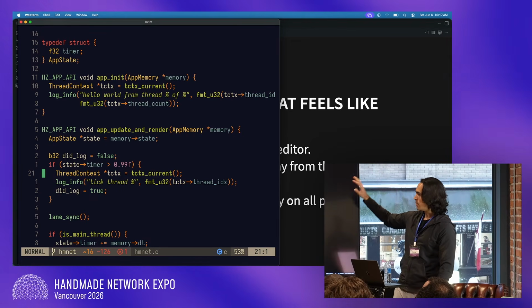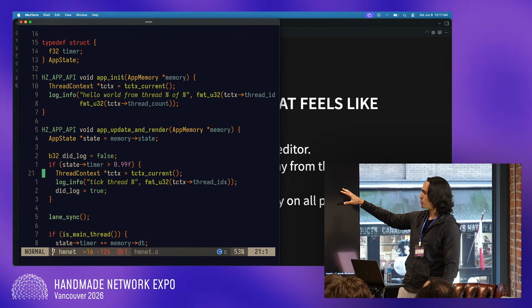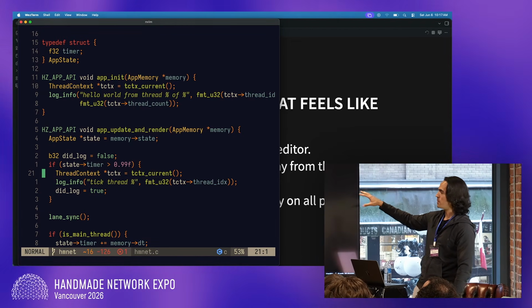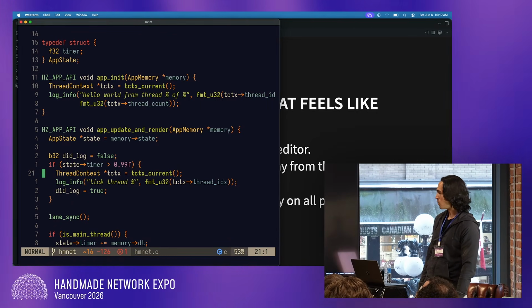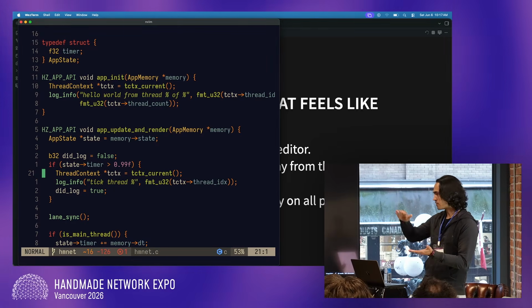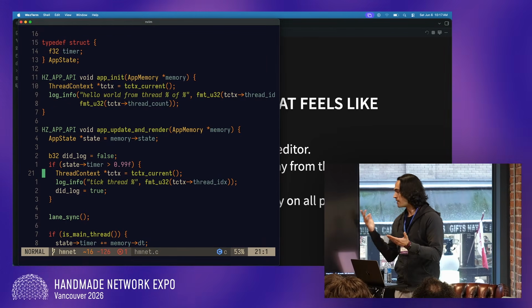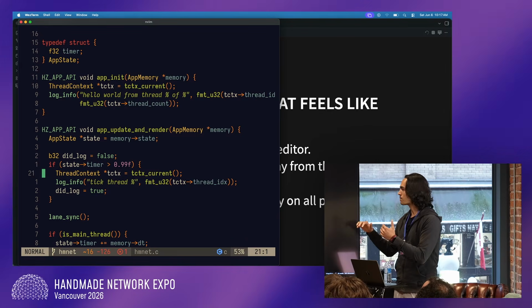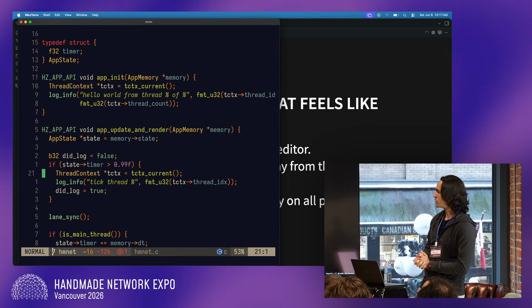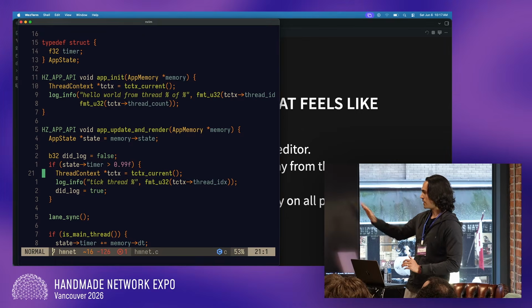There are 4 functions, but the ones that matter here are app init, app update, and render, which anybody that saw Handmade Hero is familiar with. Same idea: platform starts, gives you control as fast as possible. There's a reason that I didn't go with a main function where you control the loop, which I can go into later, but that's basically it.